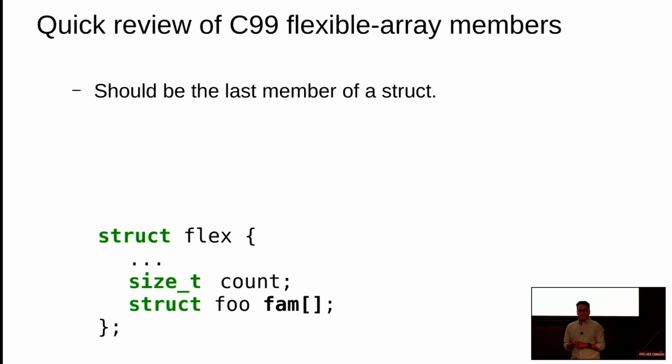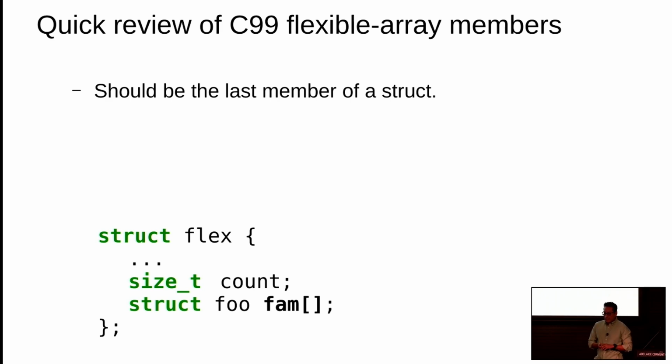Okay, so a flexible array member is merely an array that we declare at the end of a structure. As you can see, the syntax is with empty brackets. One of the requirements to use a flexible array member is that it should be the last member of the containing structure. So for the purpose of this presentation, we are going to say that a structure that contains a flexible array member is a flexible structure. I'm going to be referring to a flexible structure throughout the whole presentation, so it is important that we are on the same page.